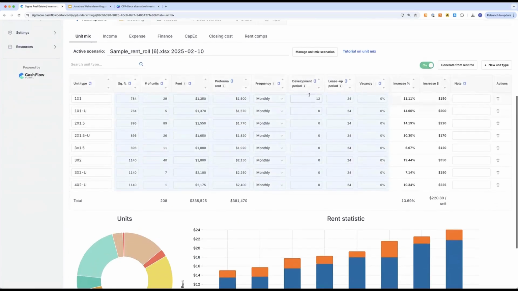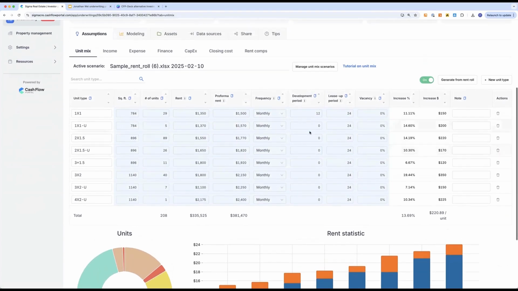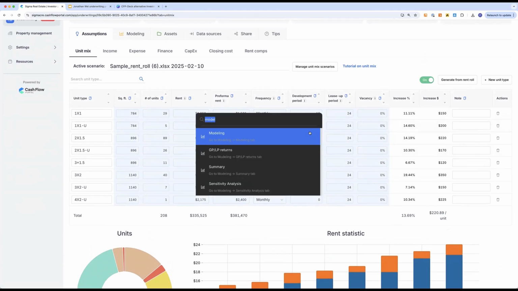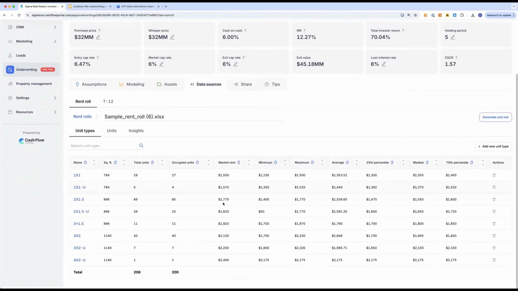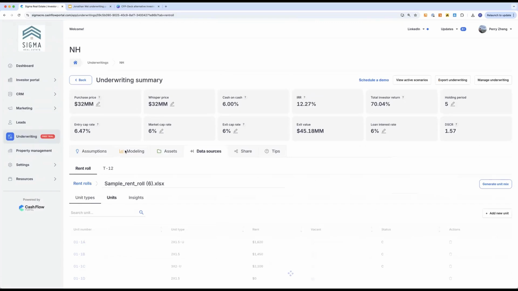Oh, interesting. Okay. And the market rent is in your rent roll, the market rent? The rent roll, yeah. So you want to take a look at the rent roll? Yeah, because we have market rent there too. They are all the market rents on the rent roll. Okay, so this is the market rent from the rent roll. That's correct.